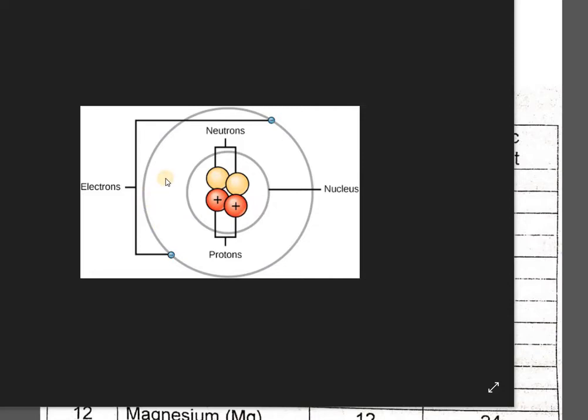If I am provided with the atomic number, we can tell the number of electrons and the number of protons. If we have been provided the atomic number and atomic mass, we can always calculate the number of neutrons. And if we are provided the number of electrons or protons, we can get to know the atomic number. If we are provided the number of electrons, protons and neutrons, we can calculate the value of the atomic number and atomic mass.